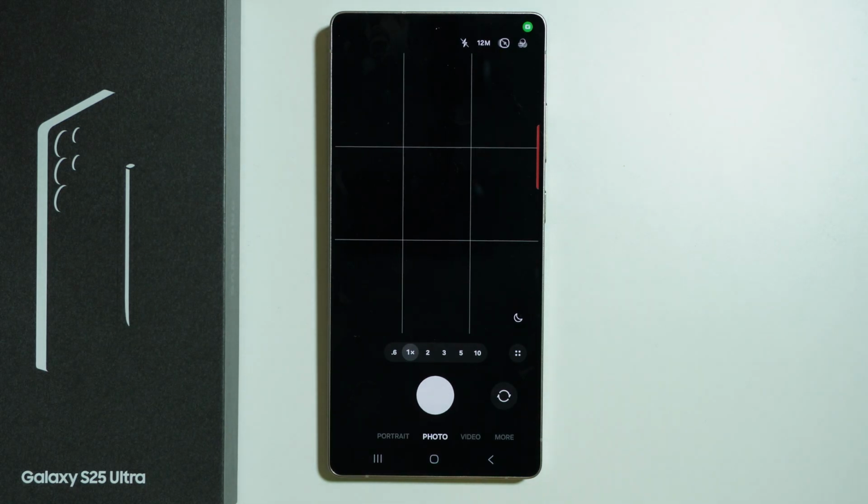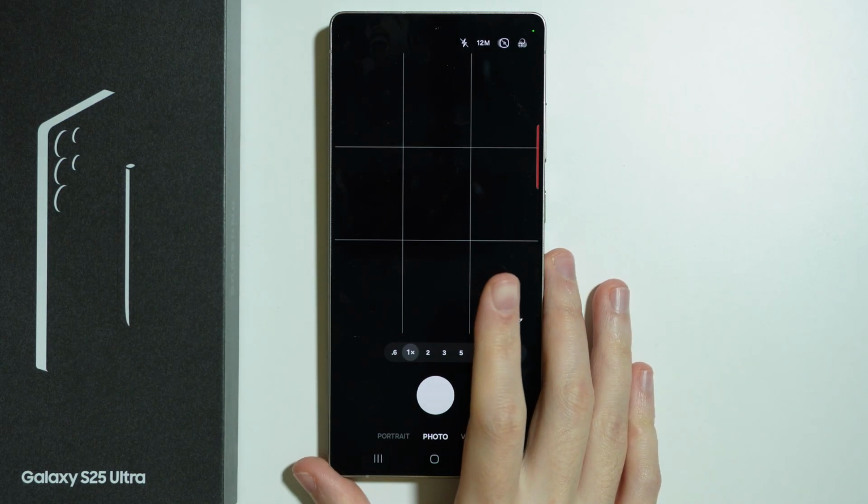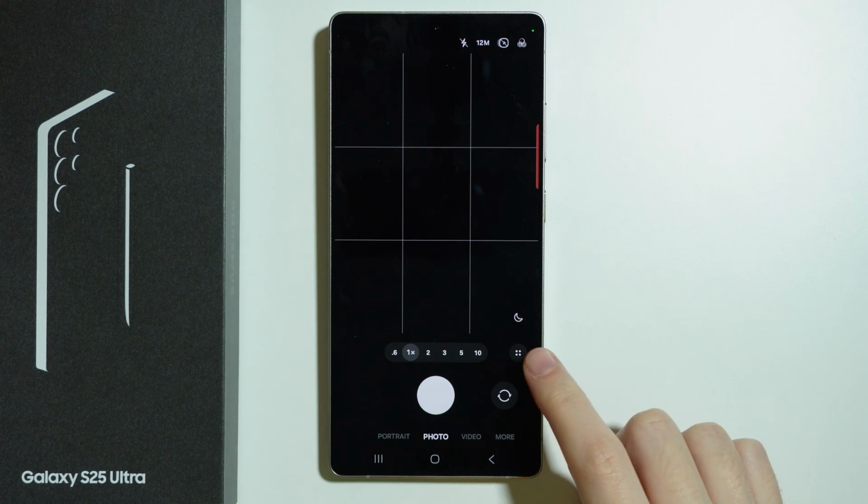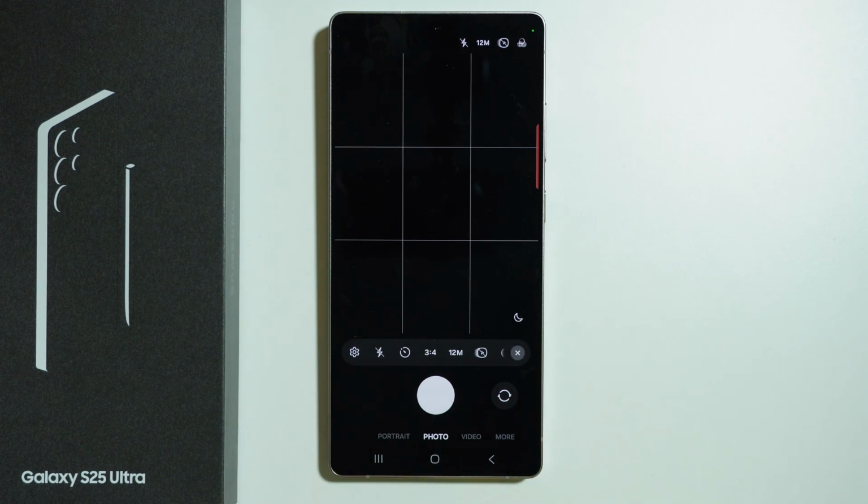Let me show you all camera settings available on Samsung Galaxy S25 Ultra. So let's get right into it. In order to open those settings, we can tap on these four dots, and then over here we can press